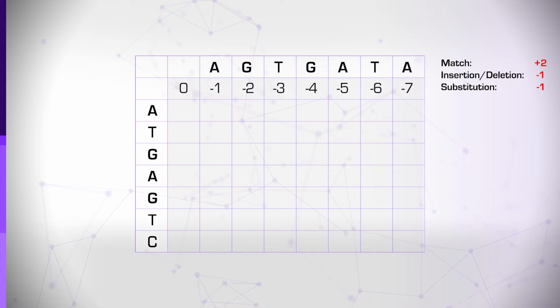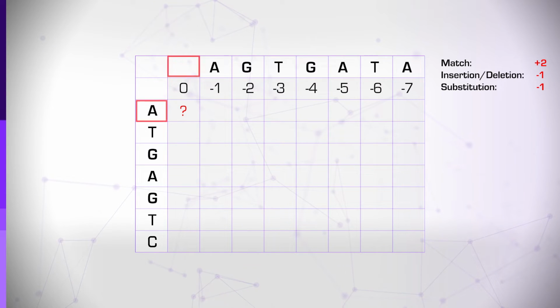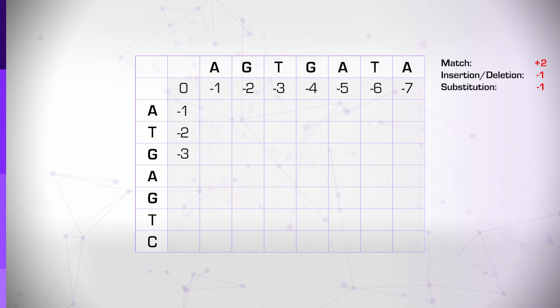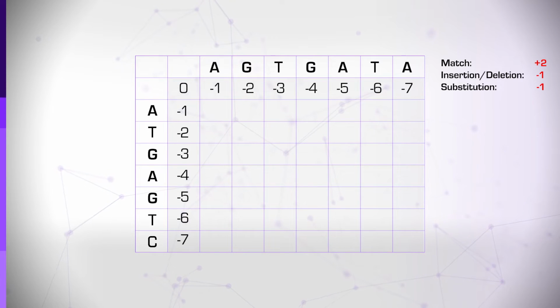Then we start filling the 0th column. The first cell represents aligning an empty character with A, which requires an insertion operation with a cost of -1. We continue to populate the entire column in a similar way. Note that the value of the first row and column are dependent only on the cost of the insertion and deletion weights, and not on the sequences being compared. Now, we turn to fill in the body of the matrix.